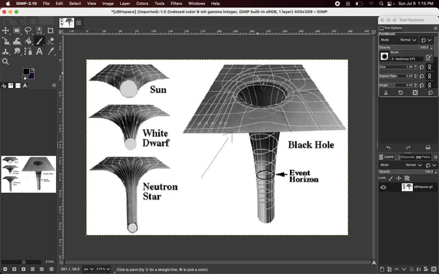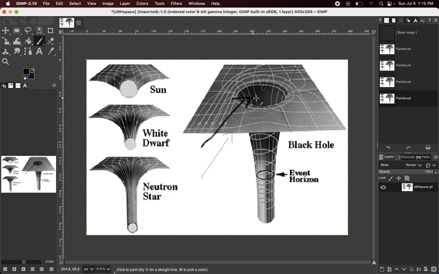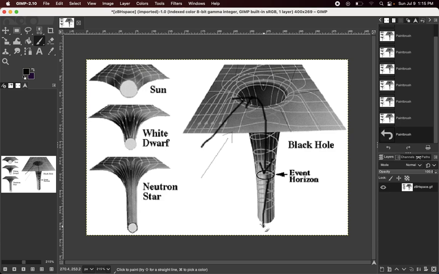Now I'm going to have to make my brush a little thicker. So a hole in space that goes inward, there's the event horizon, and it goes inward infinitely. So we acknowledge this as a reality, but say we look at the sun over here,